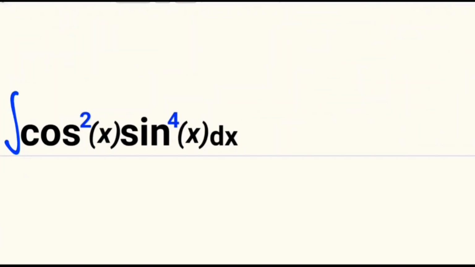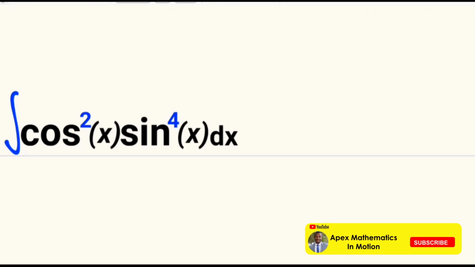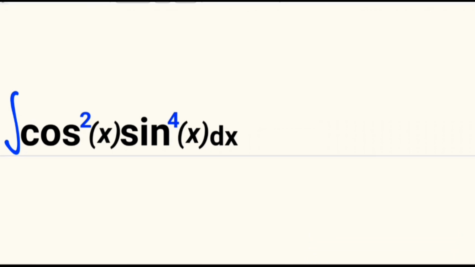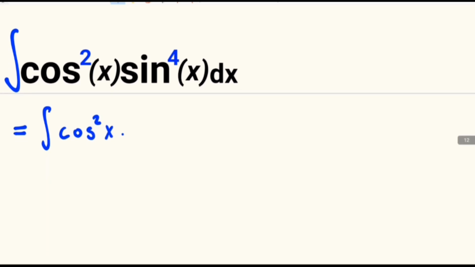We have to evaluate the integral of cos squared x multiplied by sine x to the power 4. In this case, the sine and the cos have even powers, so we are going to substitute them for double angle identities. But before that, we have the integral of cos squared of x and the sine of x to the power 4. We express it as sine squared x raised to the power 2